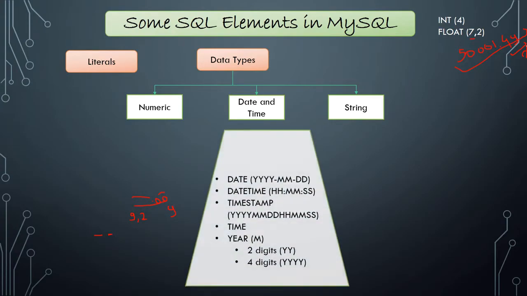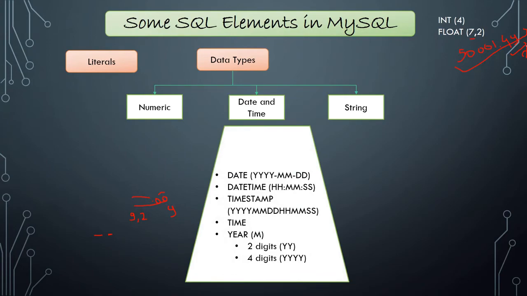Now we are having another data type, that is date and time. In this type of data type, we are storing the date. Why do we need to store a date? For suppose I am having a table named employee and I want to store their hire date. So on which date they got hired, on which date they left the company. So at that time we need the date data type.